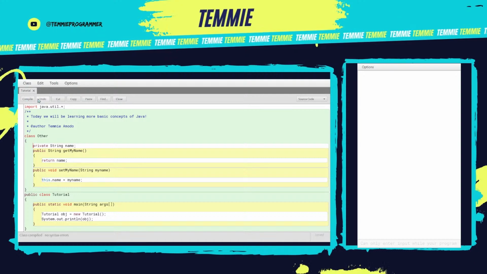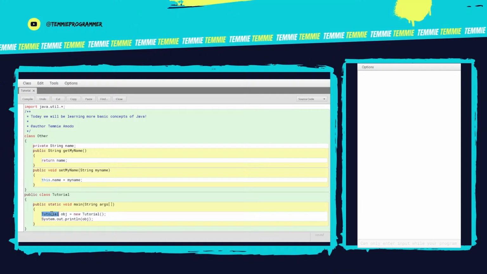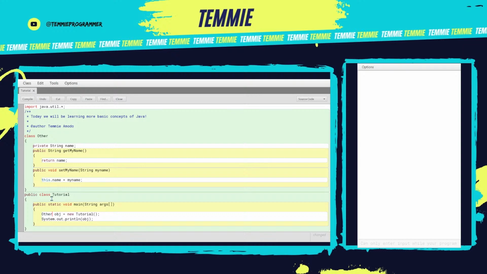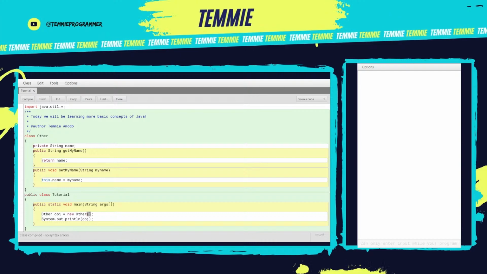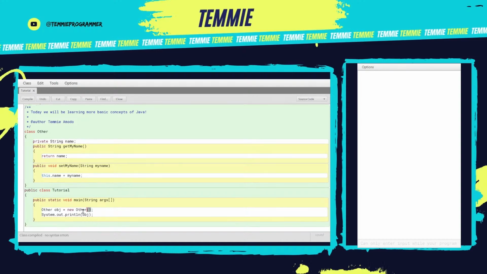There we go. So let me just create other.obj, the other obj equals new obj, and then new other, right? Okay, so can you see what's going on here? If you can, I'll explain it to you. So basically we are trying to hide the data, right? So what we will do is that we can no longer see what's going on inside this. We cannot see the data going on inside this for name. Instead, we will have to access that data using these get set functions,